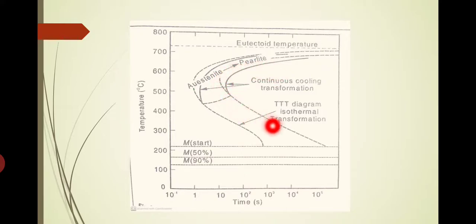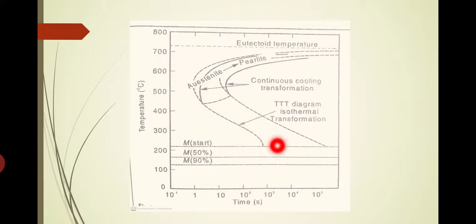See, it is not touching this point. That means the transformation will not be complete during a much faster cooling rate. So what does it mean? The austenite will start to form pearlite structure, but it will not completely transform into pearlite. So what happens is, before complete transformation of austenite into pearlite, it is directly touching the lower line, that is